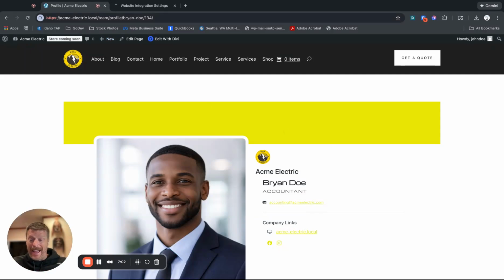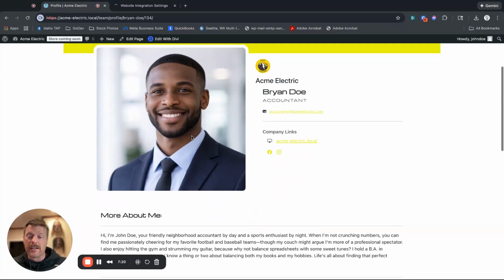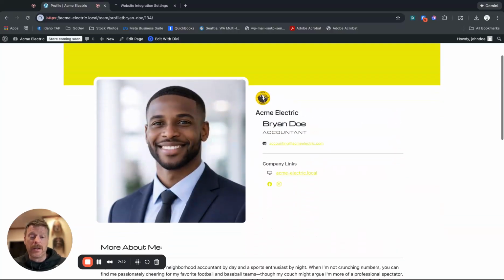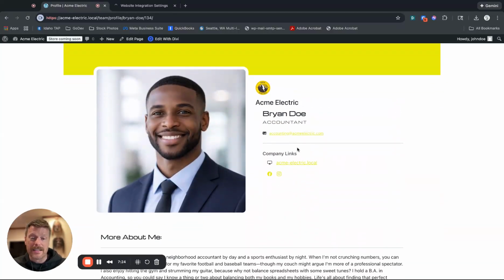It's not going to app.myomada.com to display his profile. It's on our website, and that's what we want. Now people don't ever have to leave. And again, this is restricted by the area it's given. So that's why this is cut off on the left and the right, and there's some areas up on the top. So it's cut off by the area it's given, but there's all the stuff we asked it to display: